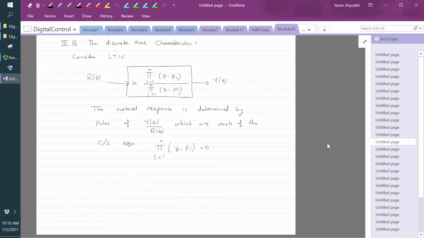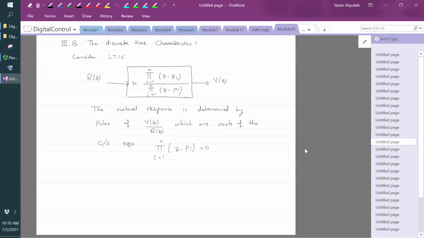Okay. So that was a quick review of the continuous time systems. And what we're going to be looking at next is the new topic, which is the discrete time characteristics. So if I look at